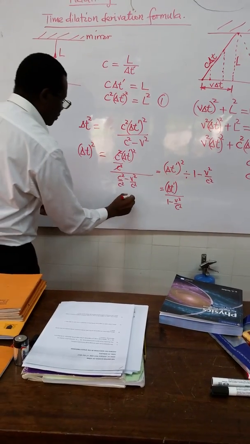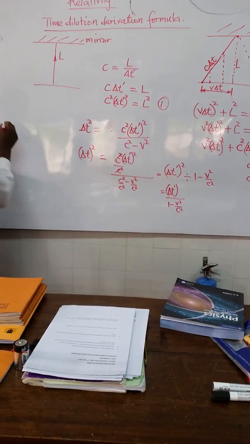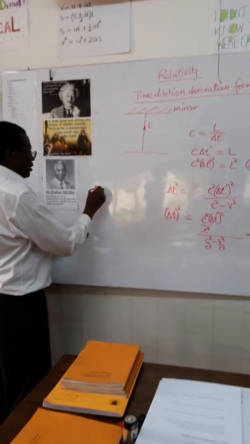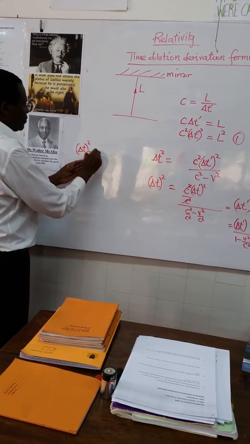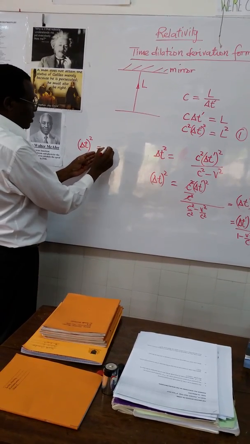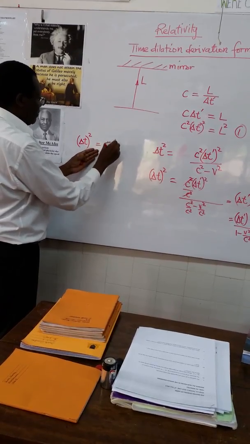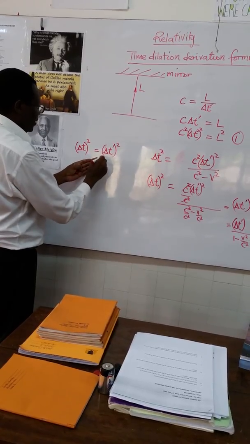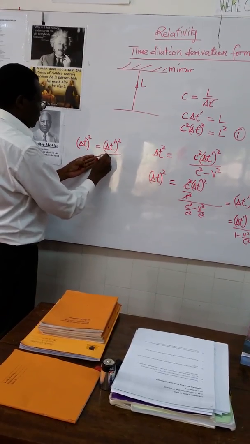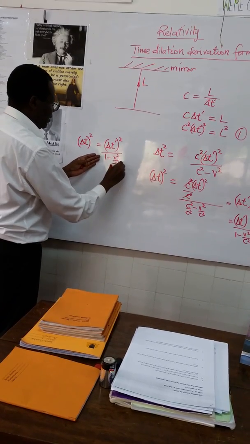And this is equal to what we have here. So you can now say change in t squared is equal to change in t prime squared, I'm just bringing it back here, over 1 subtract v squared over c squared,